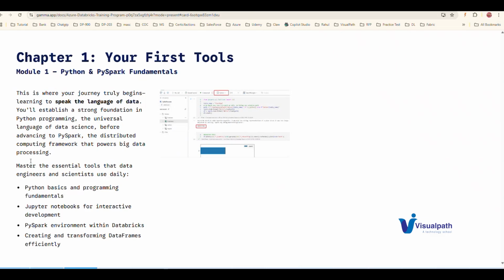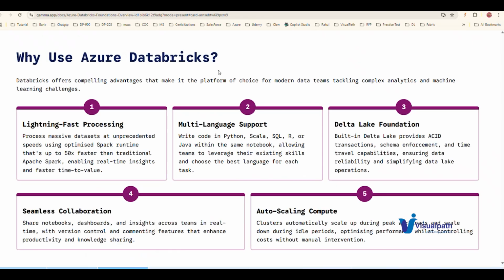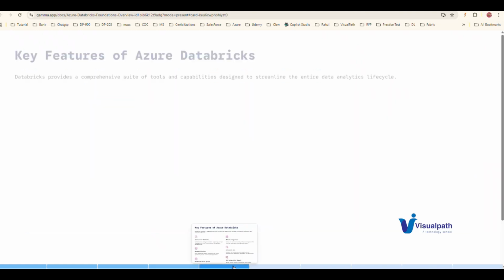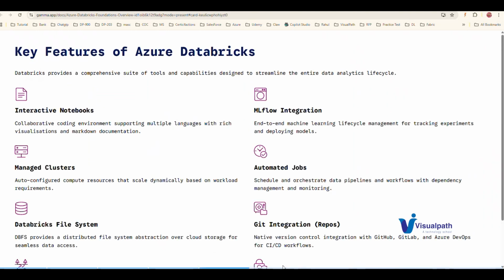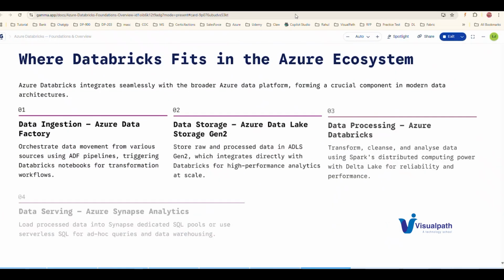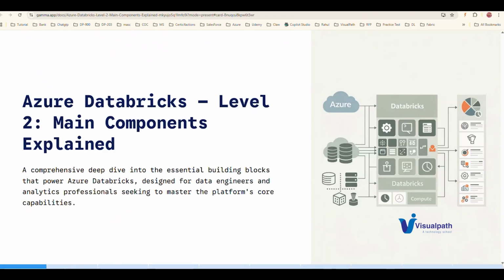And before I give you a questionnaire section, I'm just explaining that Databricks is a foundation. This is how the course structure will look like. So how we will go into Databricks, and what the popular things are, like the interactive notebooks that I already explained. So how this processing will happen, and we will explain the main components of this.